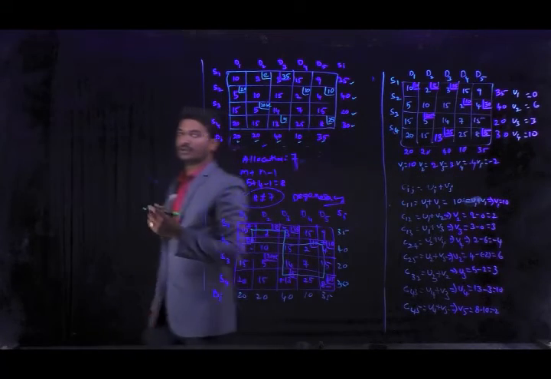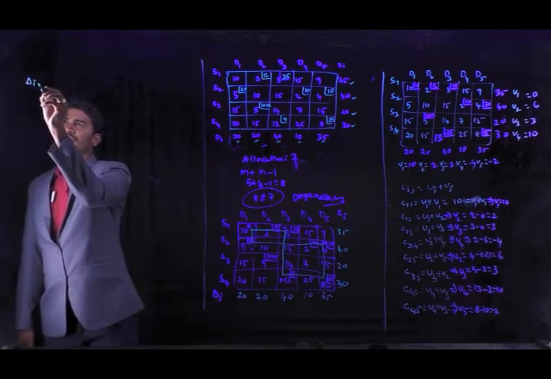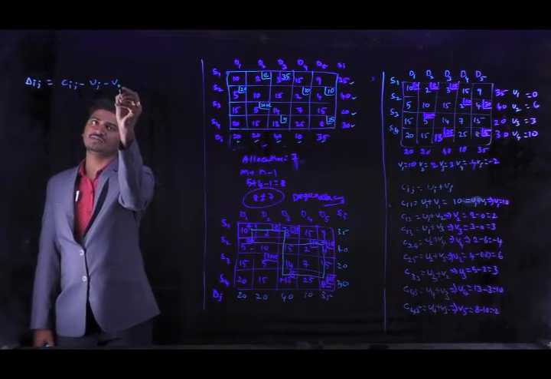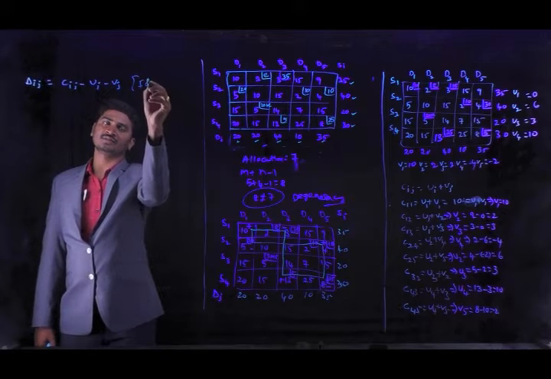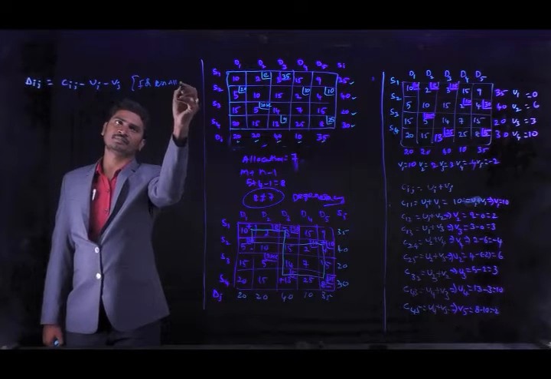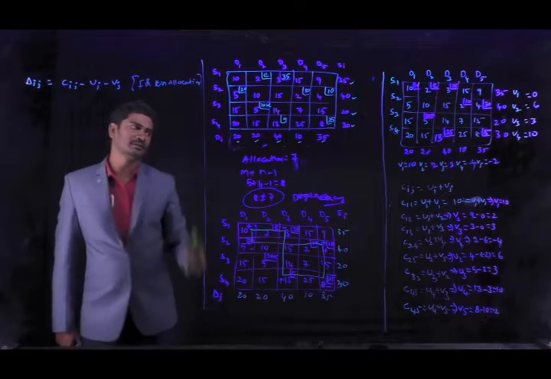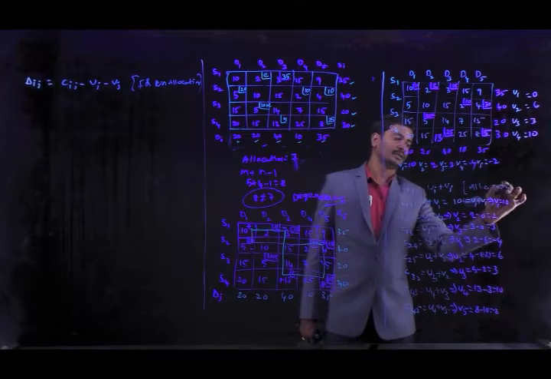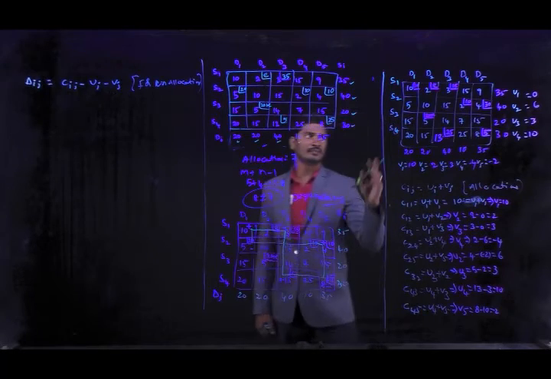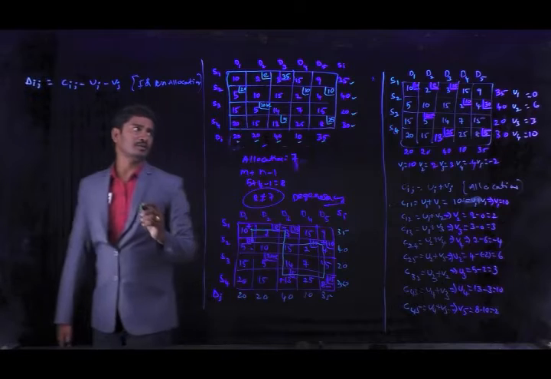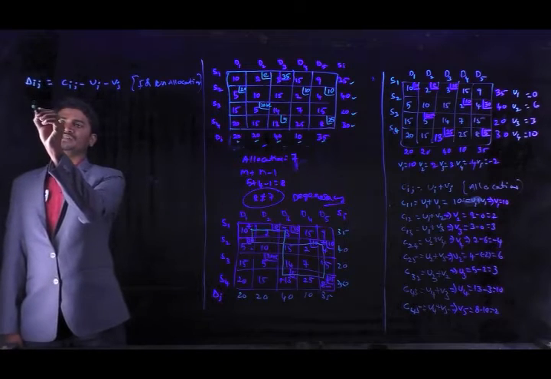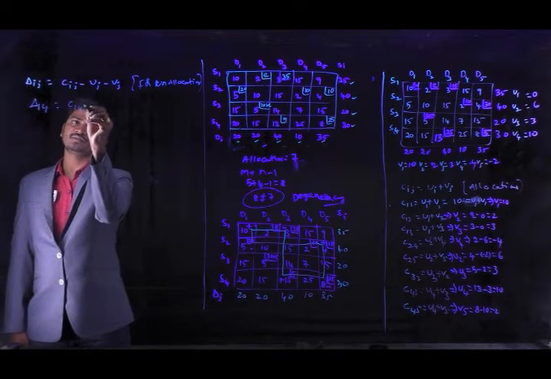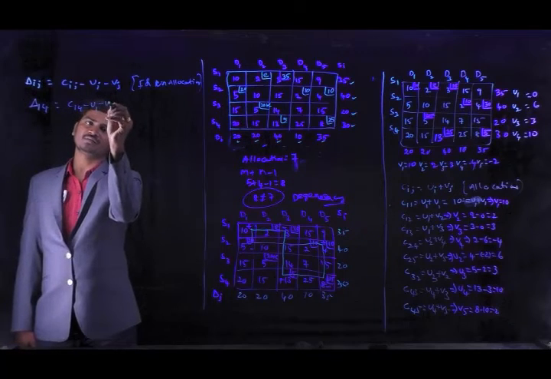Again, we are going to check the optimality with the help of Dij. Dij is equal to Cij minus Ui minus Vj for unallocations. Here we calculated Cij for allocations. Here we have a total of 13 unallocations. First, coming to the first one, we have S1 D4. It means D14 we have the unallocation. So C14 minus U1 minus V4.